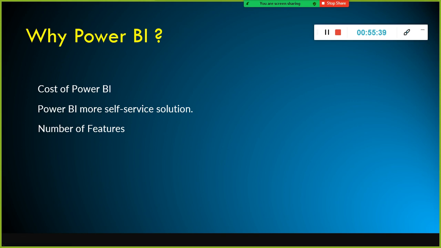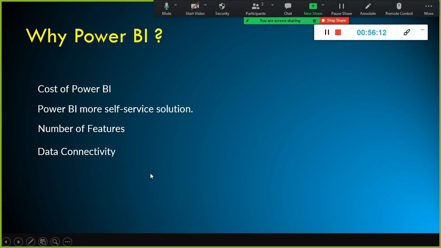Almost 1200 functions are available as part of the M language as well as DAX. And also a lot of visuals are available compared to any other tool, like bar chart, funnel chart, bubble chart, radar chart. Likewise, a lot of charts are available. And also the data connectivity. You can connect to any type of data. You can connect to cloud and get the data. You can go to a website and grab the data from the website. And you can connect to SAP HANA. You can name it anything. You can connect to any type of data source and extract the data from there.